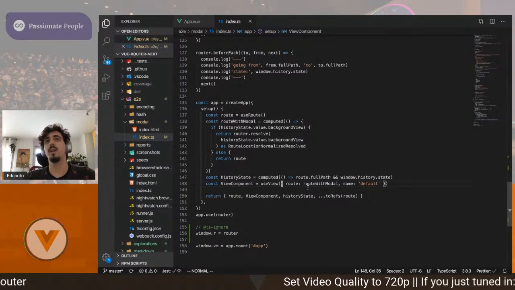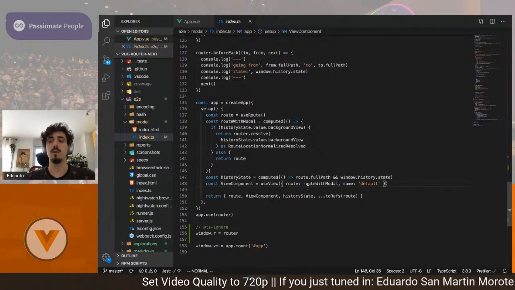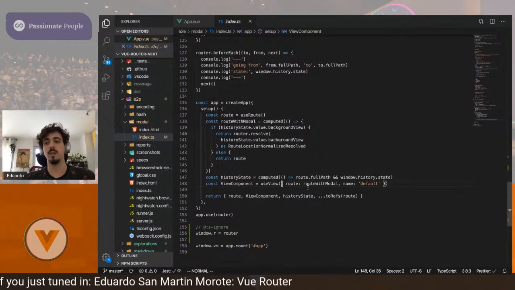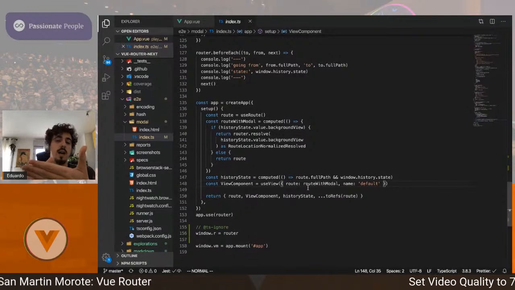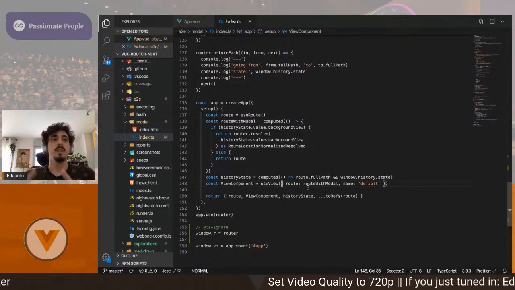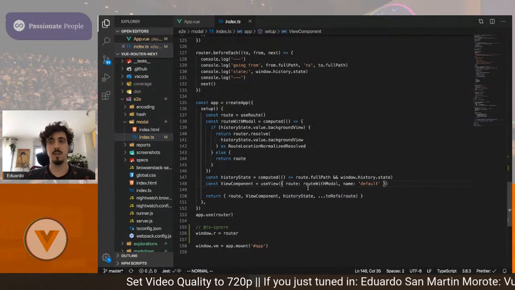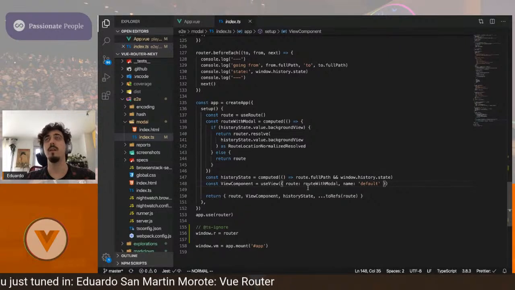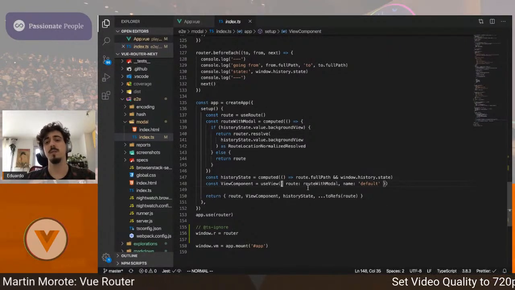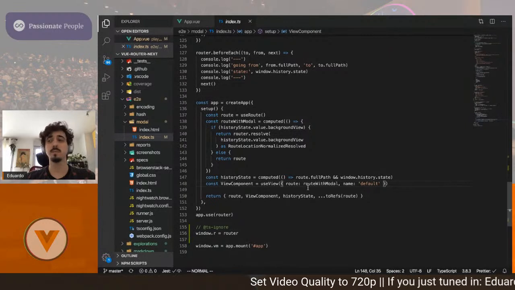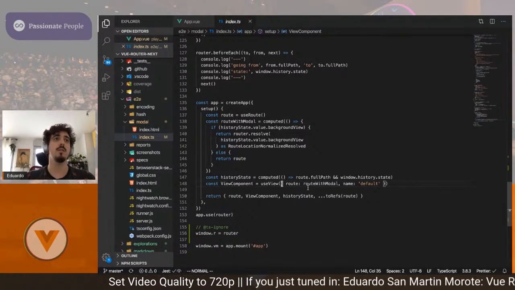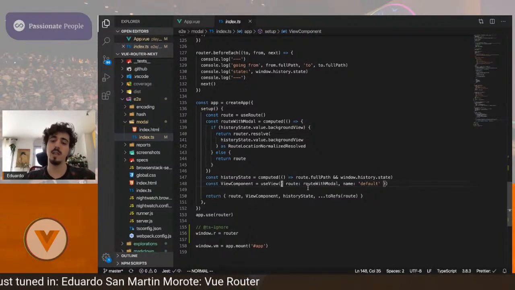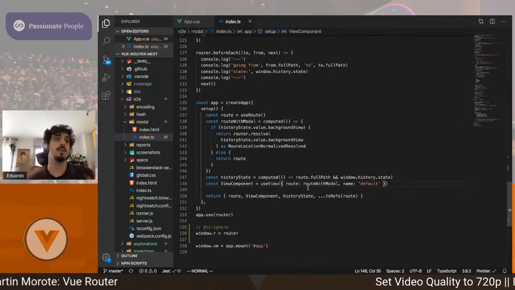It changed quite a lot the way you think about the router, because one of the things that constrain the use of your router right now is that the URL you're at is connected to a component, a page that you want to render, and the router view is gonna create that connection. So some features are not achievable or are very hard to implement because of that. For example, if you want to change the URL when you have a modal so that the user can copy the URL and share that URL easily, it's very hard to do, because if you change the URL, the router is going to reroute and it's going to display something else.